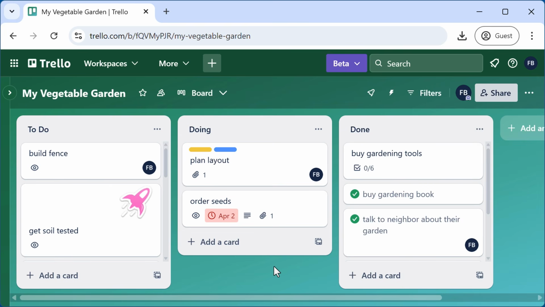Now, at a glance, in the context of my board, I can see which cards are really small tasks and should be able to be accomplished quickly. Maybe those would be good candidates for getting moved over to Doing if I have a little bit of spare time to do something small.